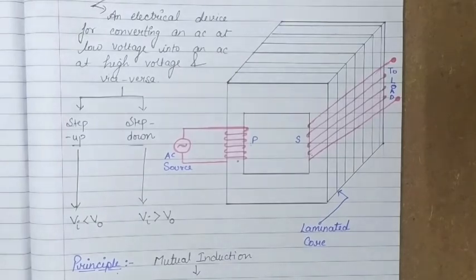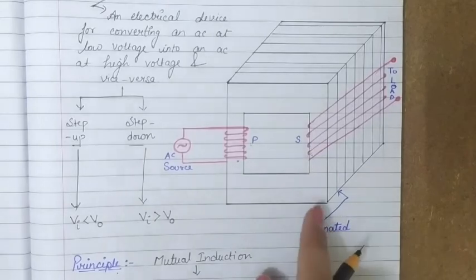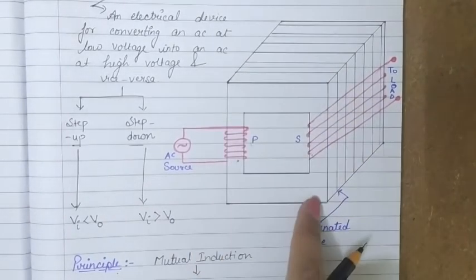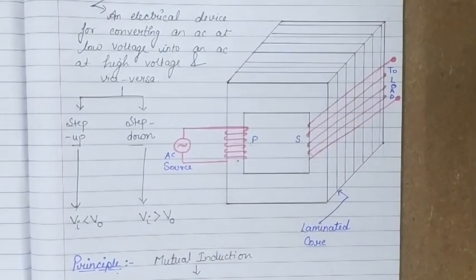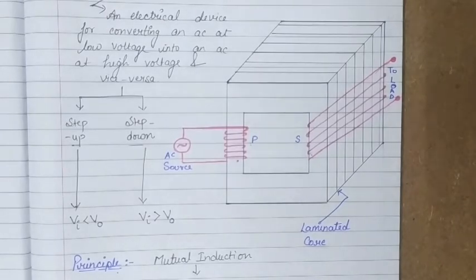So this is how the number of turns affects the working of a transformer. So it is important that the number of turns should be different in both coils. Next thing, these coils should be wound on the same soft iron core. This is the soft iron core and the same soft iron core. एक ही iron core पर these coils should be wound.